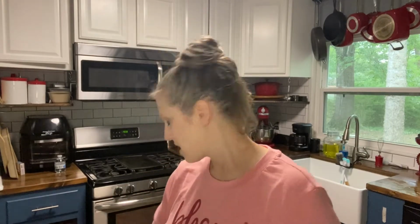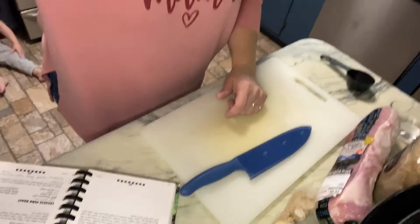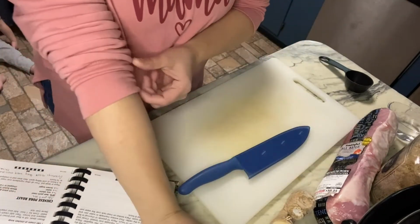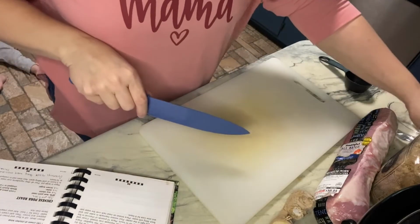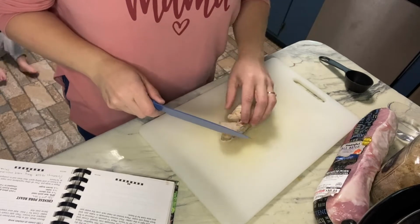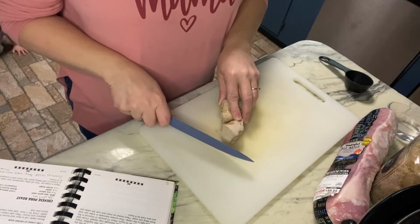Today I'm going to be cooking a recipe out of the first edition of the 1900's cookbook, and it is a Chinese pork roast. And Marianne's digging in a cabinet, so if you hear her in a minute, that's what she's doing. Okay, so I am going to just show you guys what I'm working on, so I'm excited about it. Okay, so the first thing you're gonna need, back up. The lady that put this recipe in the cookbook called me and she said, I saw that you were